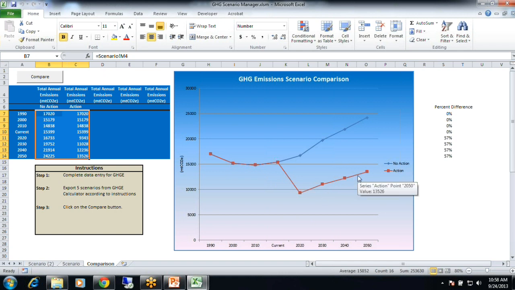But the reason you don't see higher percentages over here is because this project area has such a higher population than the previous project area we analyzed. So that's why comparing the baseline for the project area to an action scenario for the project area is different than comparing the baseline for the watershed and then the action for just this project on the watershed.